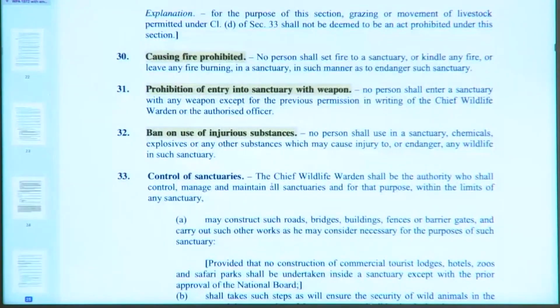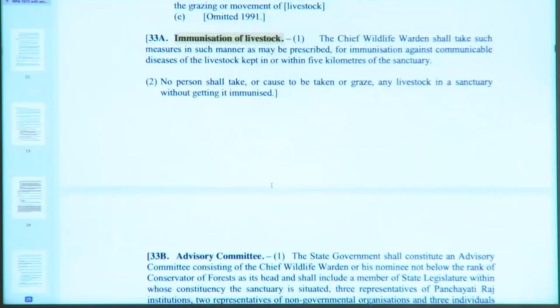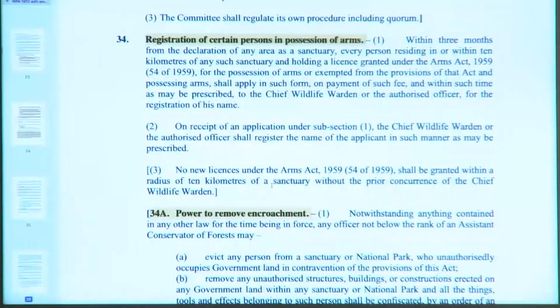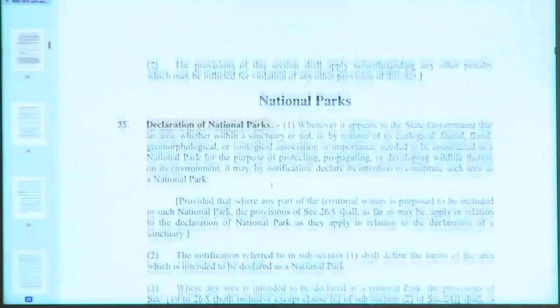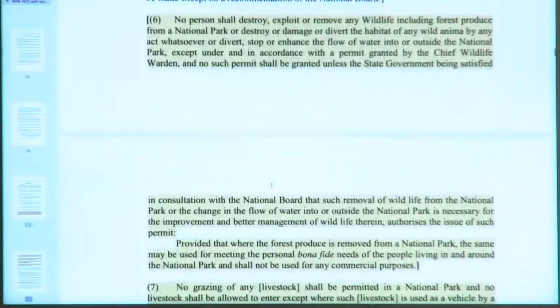Destruction etc. in a sanctuary is prohibited without a permit. Causing of fire prohibited. Prohibition of entry into sanctuary with a weapon. Ban on use of injurious substances. Immunization of livestock. Registration of persons in possession of arms. Power to remove encroachment. Then in the case of a national park, you again have a number of regulations about